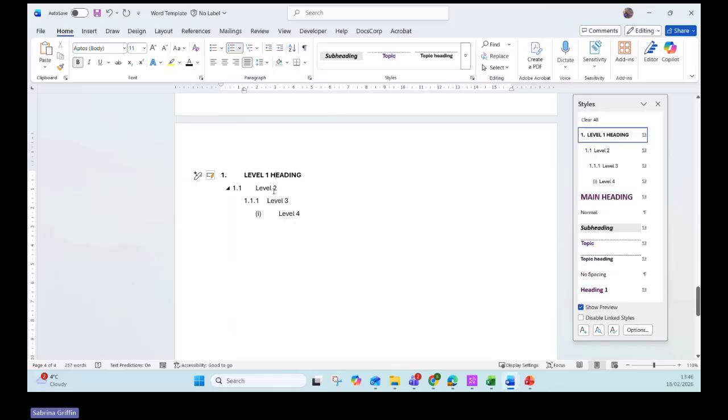Okay. I would leave that as a placeholder because, again, from a user's perspective, it's much easier to load a document and say, oh, okay, this is what my level 1 heading is going to be, this is what level 2 is going to look like, rather than just them opening a completely blank document and thinking, where do I start? They can then obviously delete it if they don't need it. But as they move through, because of those settings I set up when I said the next paragraph will be level 1 or the next paragraph will be level 2, when they begin to edit it, okay, the numbering is